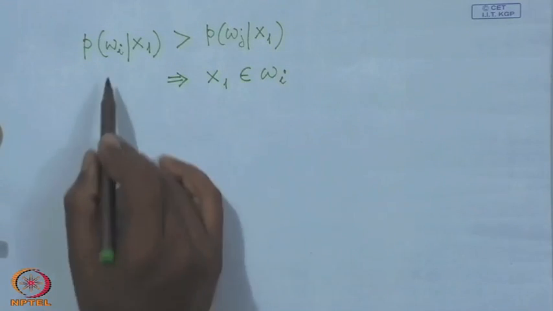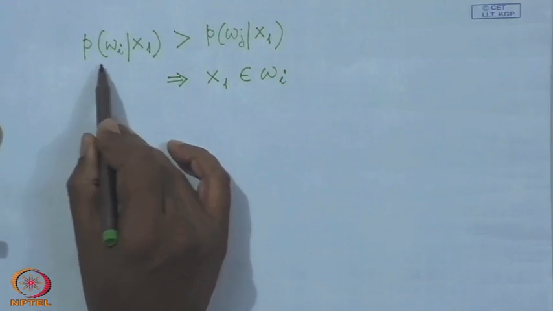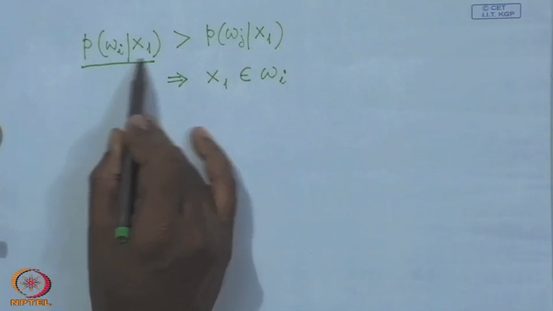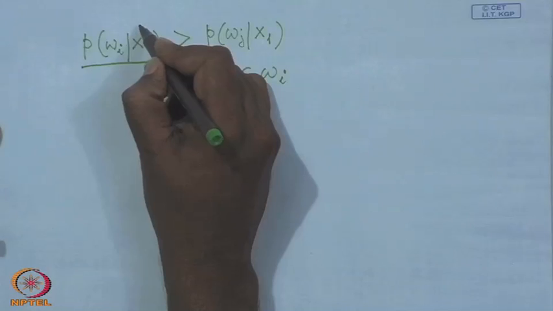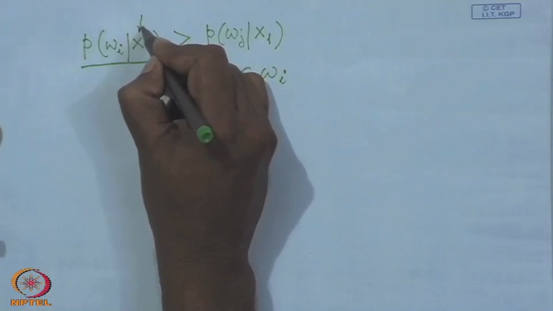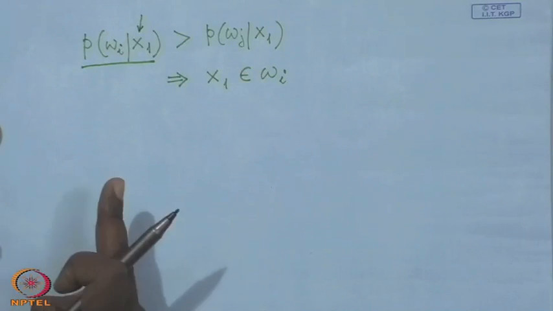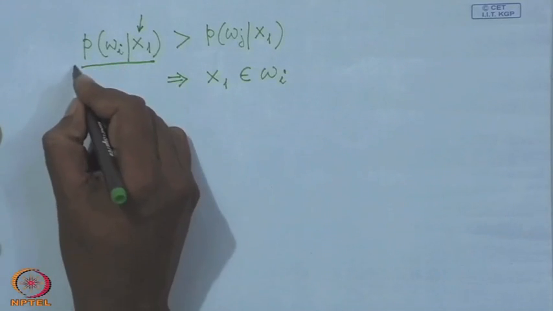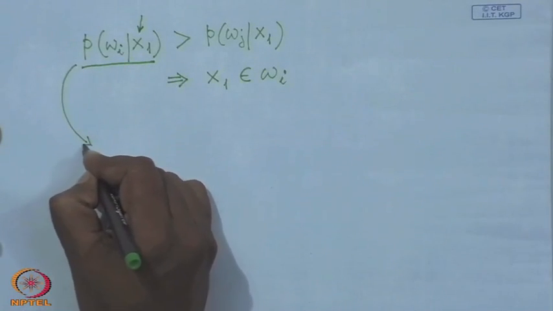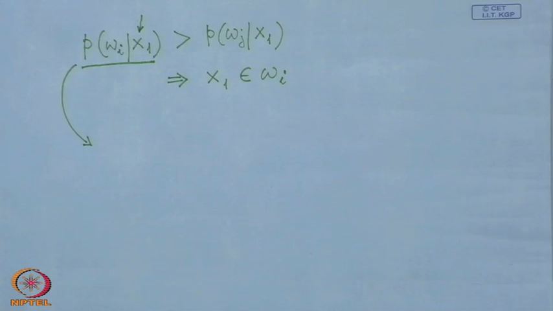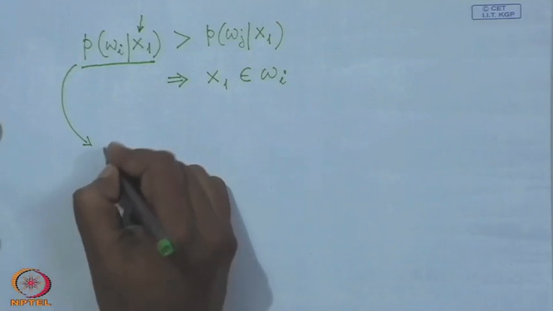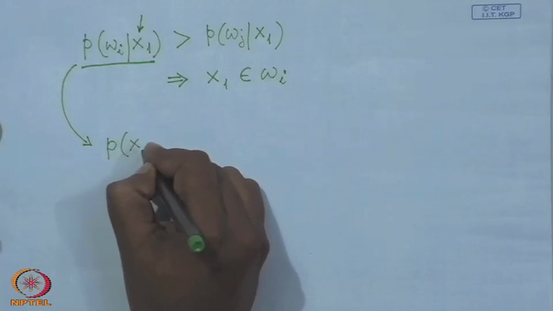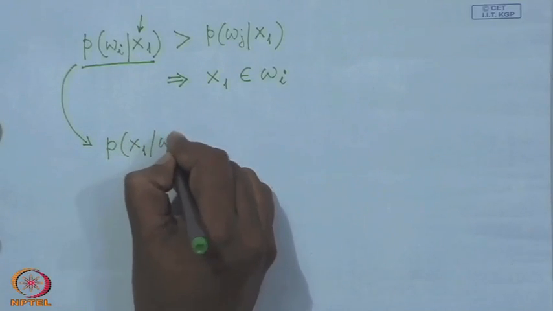So, what I need to know is this a posteriori probability P of omega i given x 1. I need to compute this value only for this unknown sample x 1, and to compute this, the probability density value that I have to use is P of x 1 given omega i,